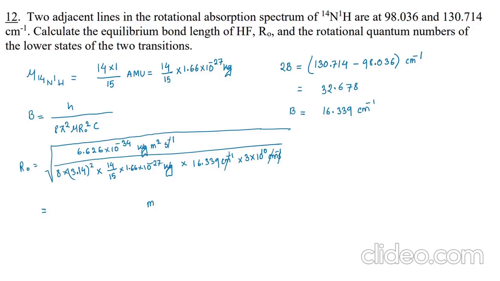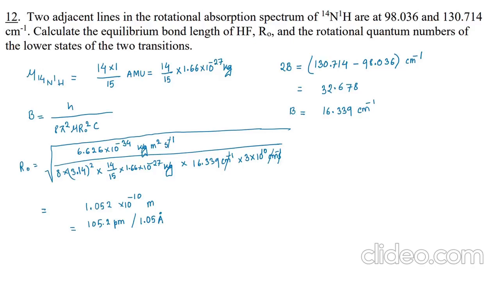Coming as 1.052 into 10 to the power minus 10 meter, which is 105.2 picometer, or you can say 1.05 angstrom, right? Now, apart from the previous question, here the additional question is to find